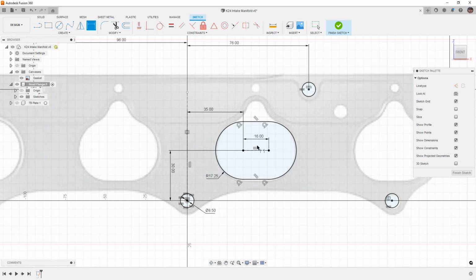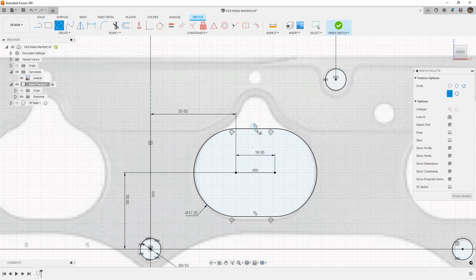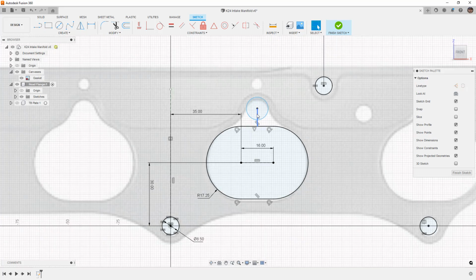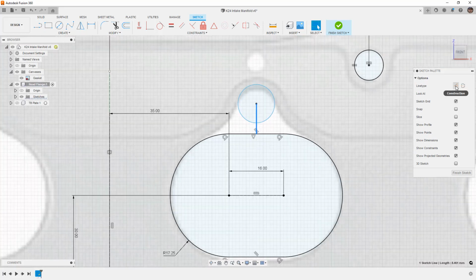Now, if you have actual port numbers, obviously you go with those. Next, I'm going to do a center diameter circle, keeping in mind that the midpoint of this, the injector port, is likely going to be relative to that. So what we can do is take a line and draw it straight down to the midpoint, hit escape to get off of our line tool,